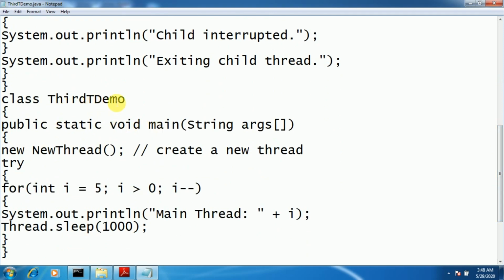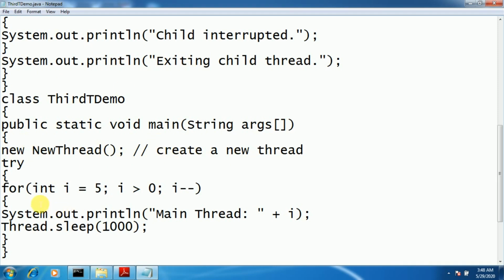ThirdTDemo is another class which includes a main method. Now here the main thread will start its execution. After execution of this statement, the child thread also will be created and it will start executing.